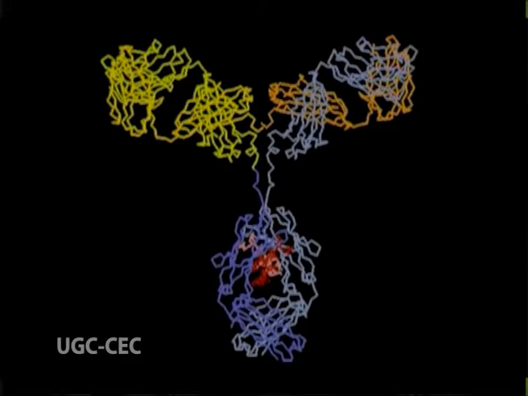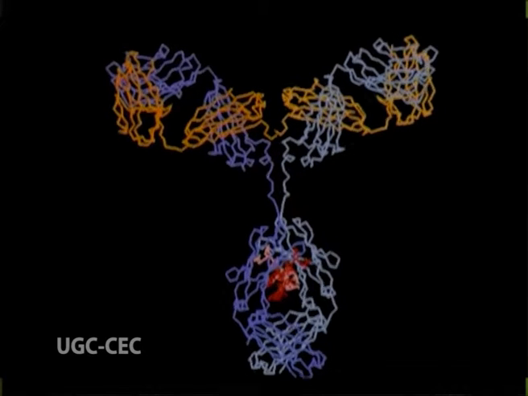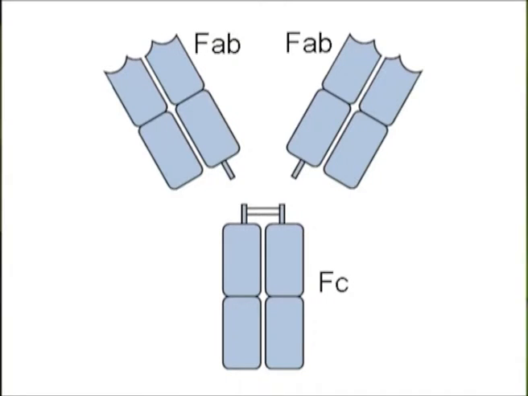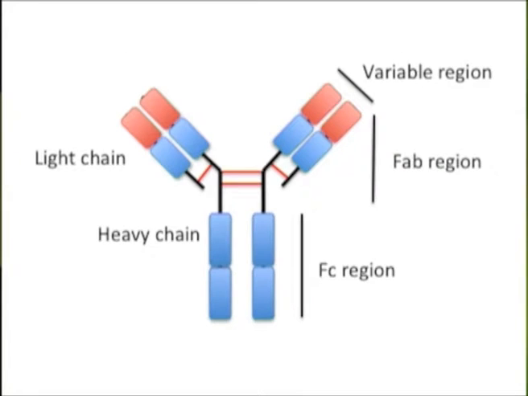The 2 arms formed by the combination of heavy and light chains attach to the antigen and are therefore known as the fragment antigen binding, denoted as FAB, whereas the arm formed by 2 heavy chains is known as the fragment crystallizable and is denoted as FC. Nearly half of the FAB fragment of the antibody possesses a variable sequence of amino acids, thus it is known as